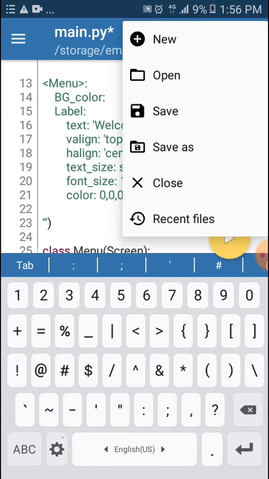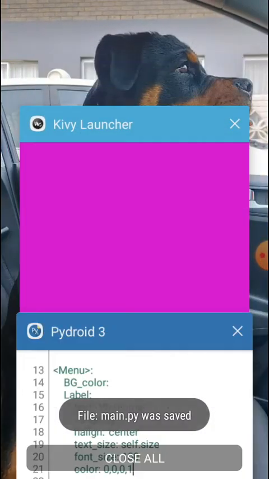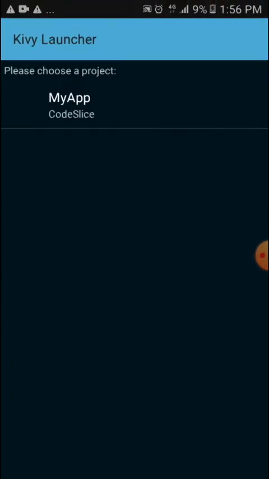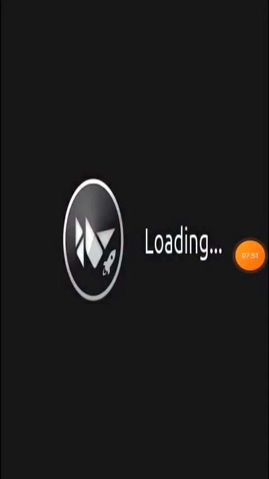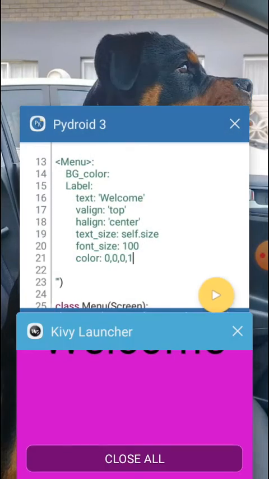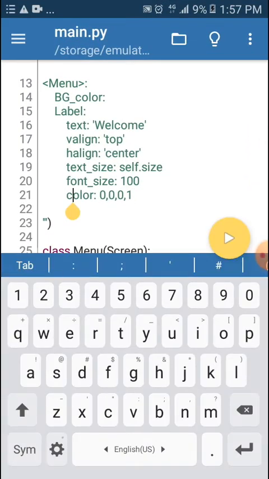Yes, so we've increased the font size, and then also we've changed the color to black. So if we go on and launch that, yes, as you can see, it's black now. Once again, I'm just showing this to demonstrate how to change the color. But black is not a good color against this background, so I'm just gonna go on and